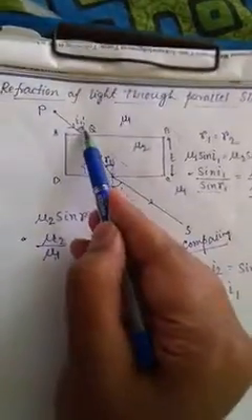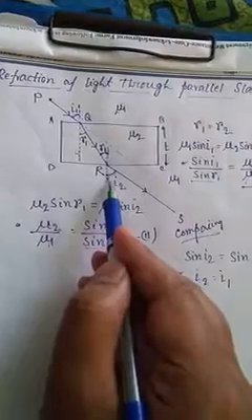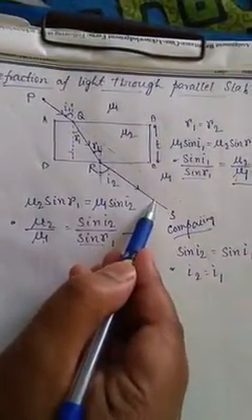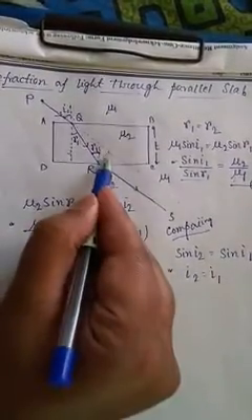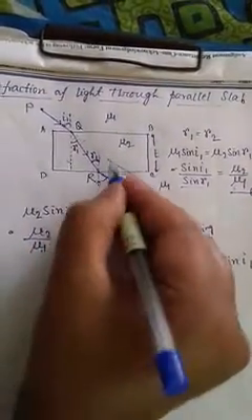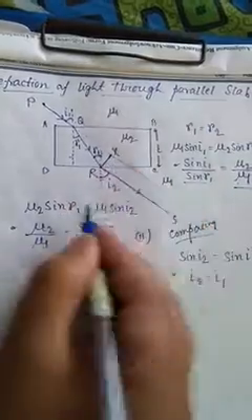That means this angle equals this angle, and when the angles are equal, then we can say that this ray is parallel to this ray, right? Easy geometry. So that is why we can say that this ray is parallel to this line. Okay, this ray is parallel to this line, and I am giving a name here, that is X.